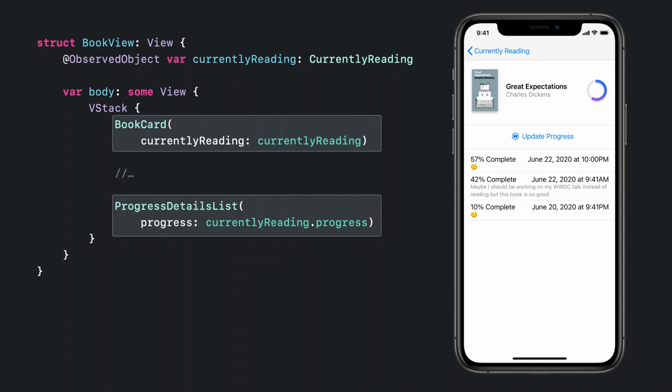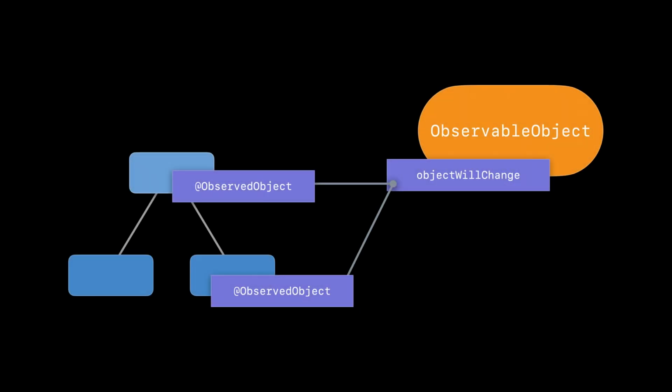My colleague Raj will go into more detail about the SwiftUI update lifecycle, but I want to take you behind the scenes and show you what SwiftUI is doing for you. Whenever you use ObservedObject, SwiftUI will subscribe to the objectWillChange of that specific ObservableObject. Now, whenever the ObservableObject will change, all the views that depend on it will be updated. One of the questions that we often get is, why willChange? Why not didChange? And the reason is that SwiftUI needs to know when something is about to change, so it can coalesce every change into a single update.